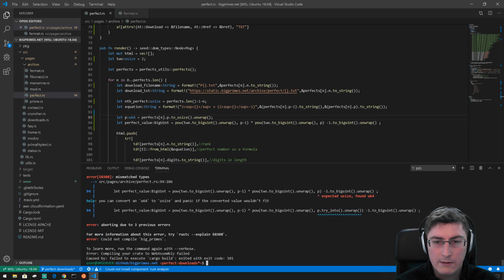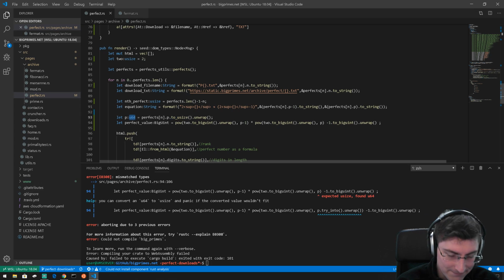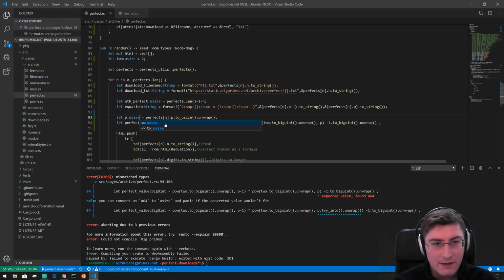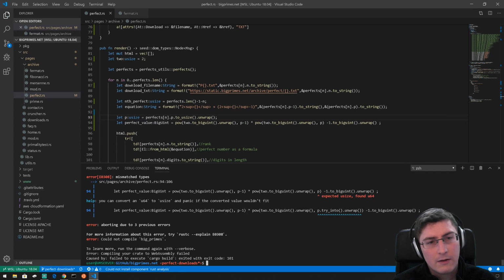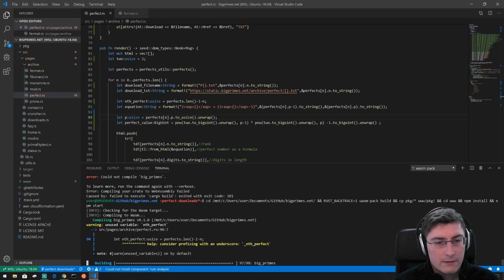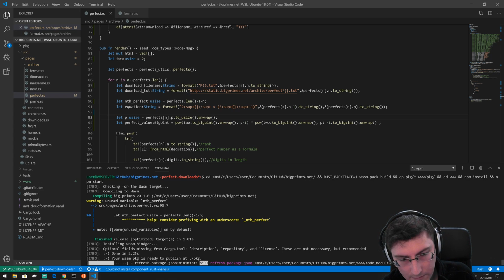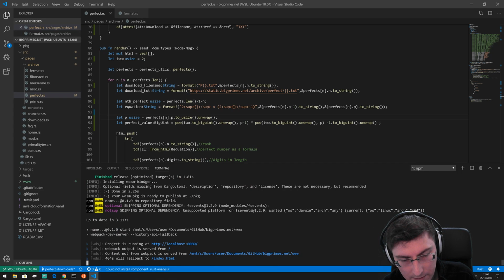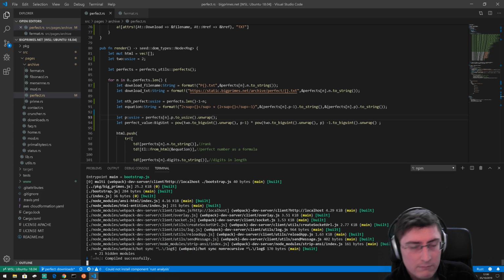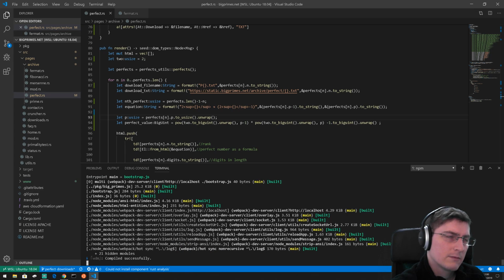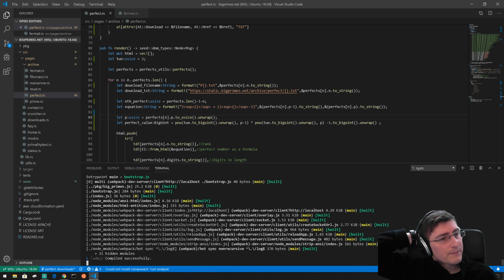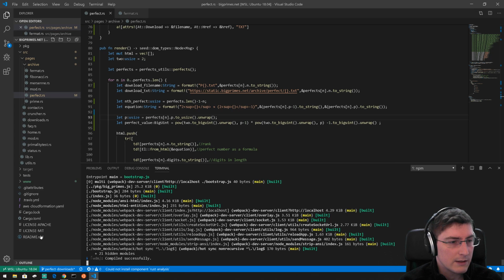So in this case, it expected usize, found a u64, but we convert it to usize. Oh, okay, yep. Isn't WASM 32-bit? That's a very good point. We are targeting 32-bit in our